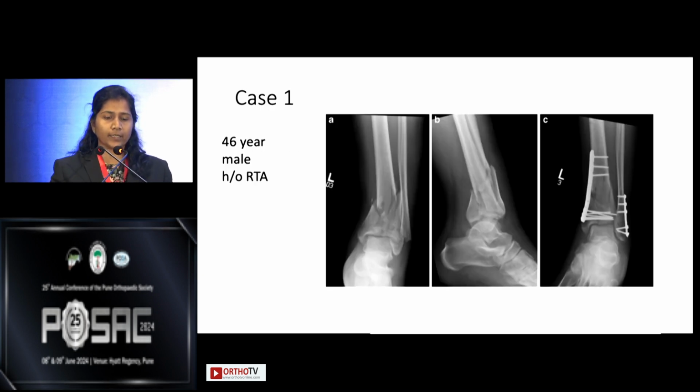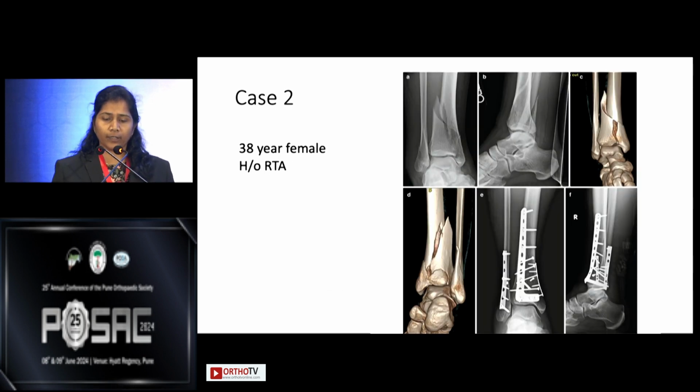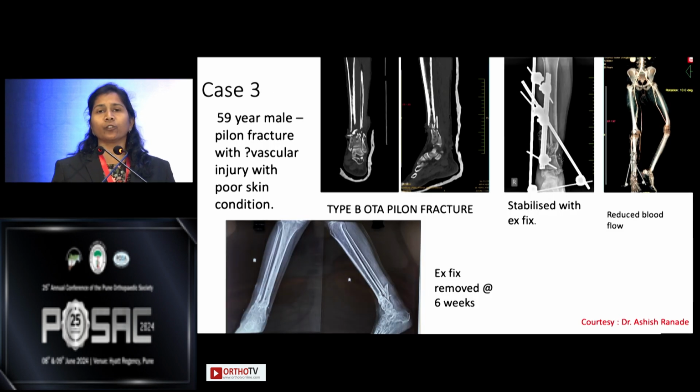These are the cases that I would like to show. This is a 46-year-old male, history of road traffic accident, managed with an anteromedial plate and a fibula fixed with open reduction and plating. Case 2, again, an anterolateral plate with a fibula fixed with open reduction, and a medial plate was used. This is something that we should all be aware of, that whenever there is a skin problem